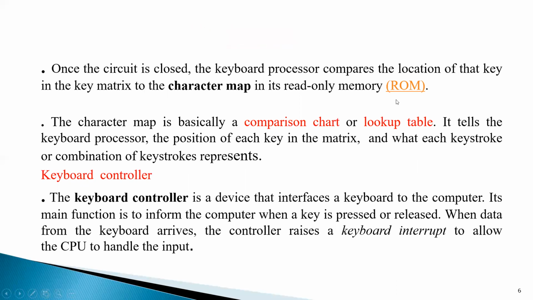Once the circuit is closed, the keyboard processor compares the location of that key in the key matrix to the character map in its read-only memory, that is ROM. The character map is basically a comparison chart or lookup table. It tells the keyboard processor the position of each key in the matrix and what each keystroke or combination of